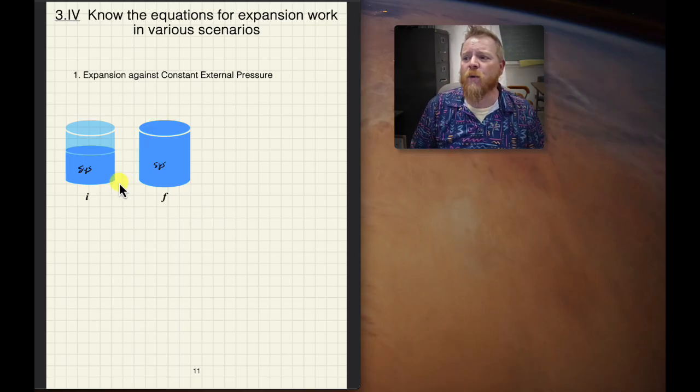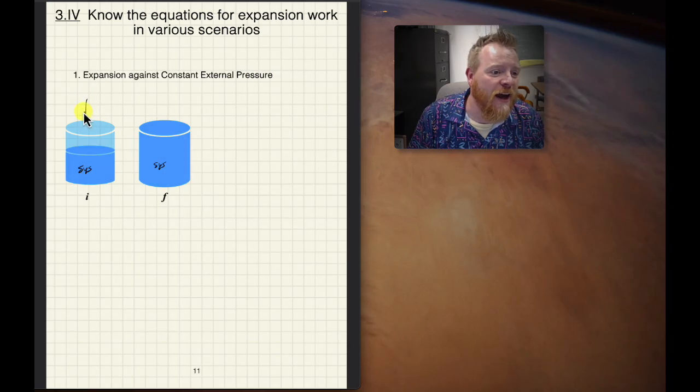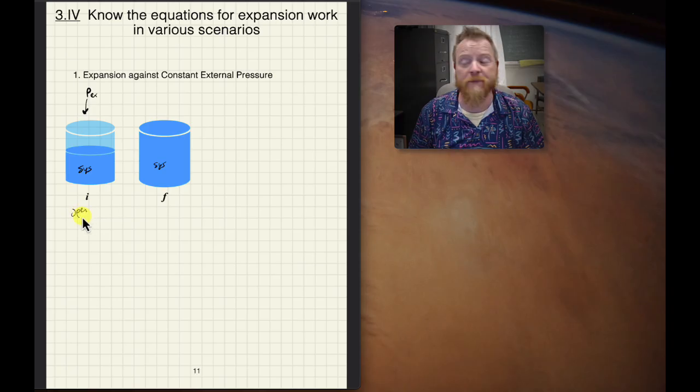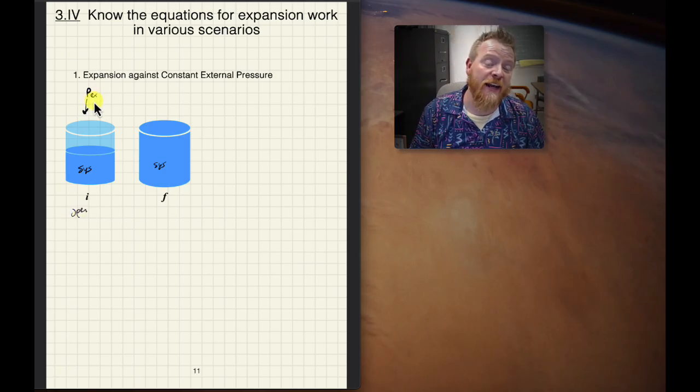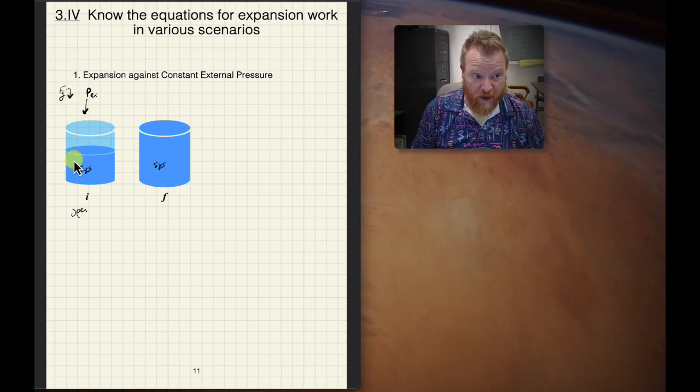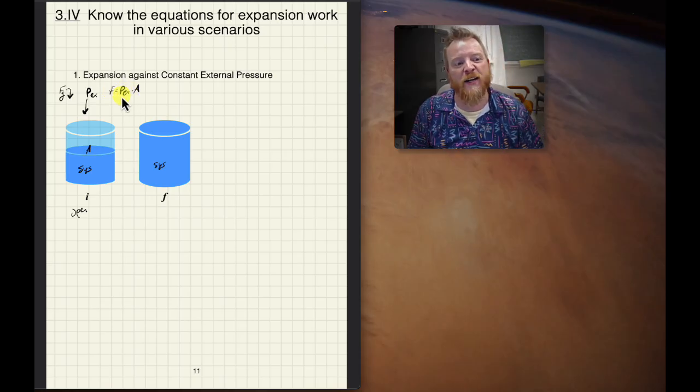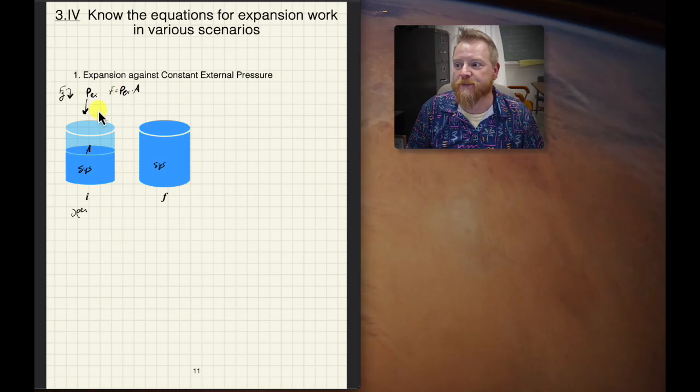Okay. We will also note that there is a constant external pressure from the atmosphere pushing on this gas, so we can think of this container as being open. Okay. And we recognize that external pressure is really from the force of gravity applying onto this area A, right? So, of course, the force is P external times area, or P external equals force divided by area. Either way, right? We could do the algebra.